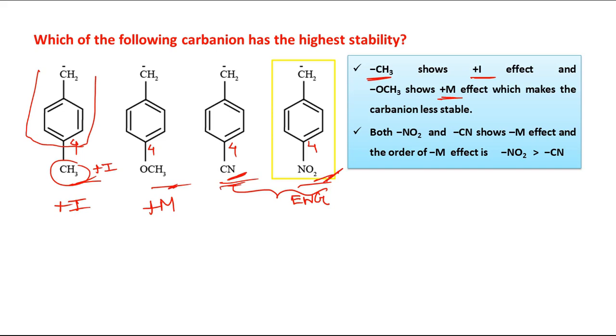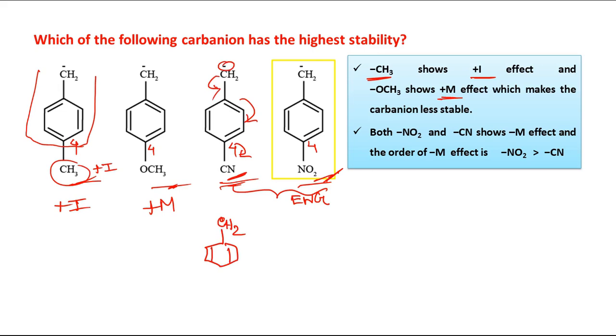OCH3 will come at last, not this one, because it will have more plus M effect. But here our answer is the last one, because it is not asking for the sequence, it is just asking which is having the highest stability. So here if I show what kind of resonance will be there, it is basically,